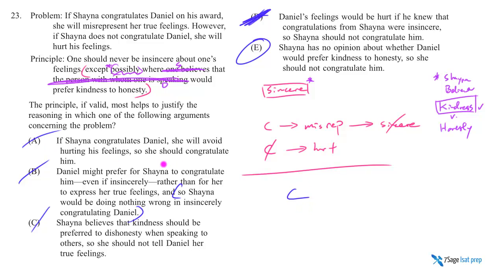And A is the same way. She should congratulate if congratulating will avoid hurting his feelings. I mean, I don't know. It sounds nice, right? Yeah, be nice, people, don't hurt people's feelings. So congratulate, but that's not what we're supposed to answer in this question,